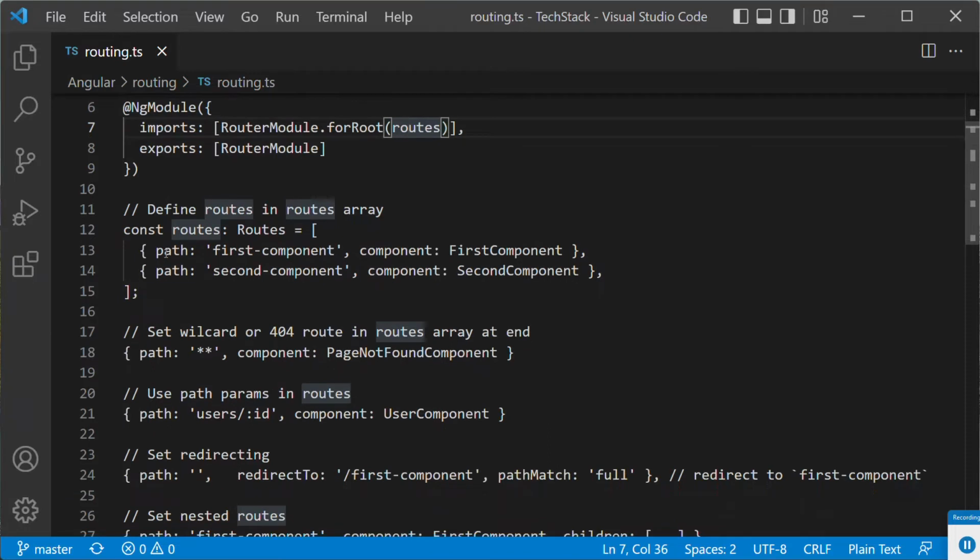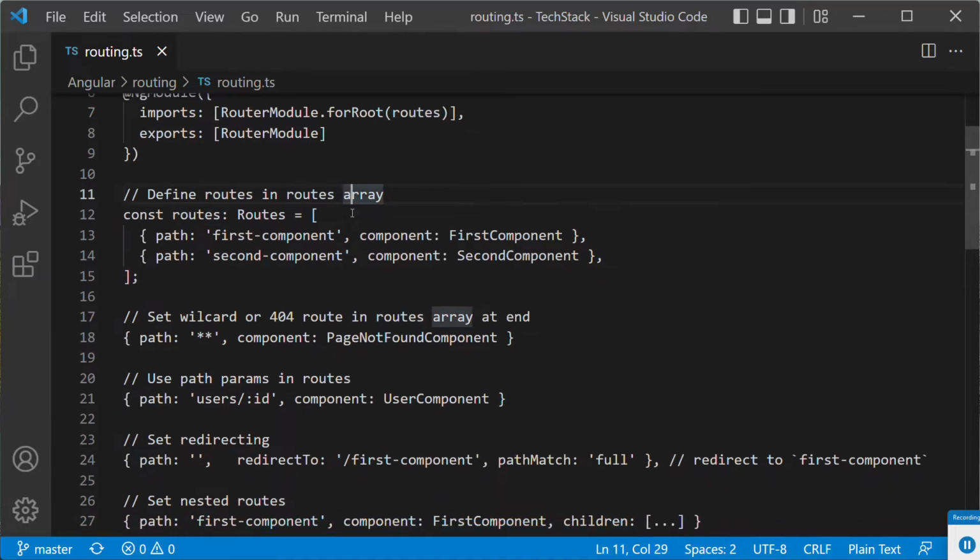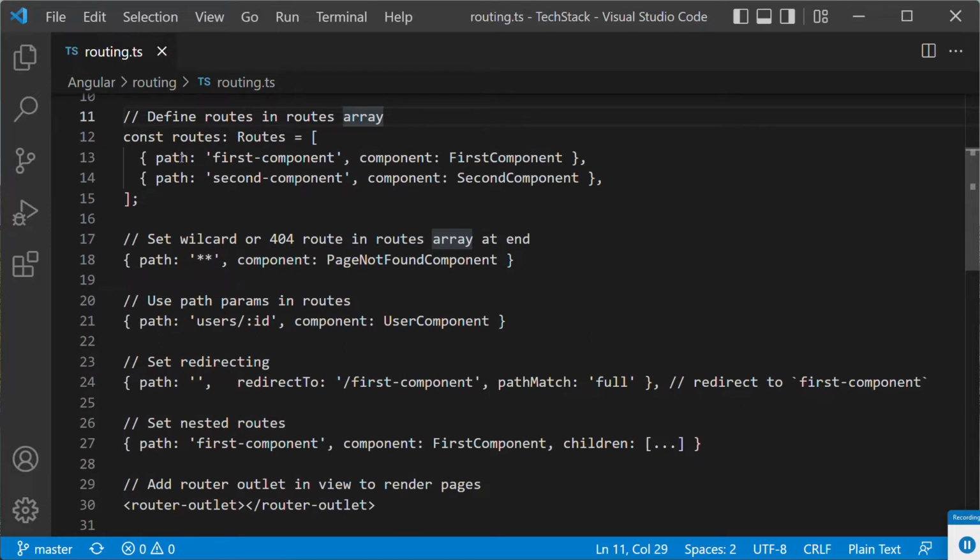So how to define the routes in the routes array? As we see here, we have declared one array, and we have the objects of type Routes. This route will take path and the component majorly. There are other properties also, but these are the basic properties to define one route in Angular. So here we have defined two paths. First is for the first component, and the name is first-component, and the second is second-component, which will